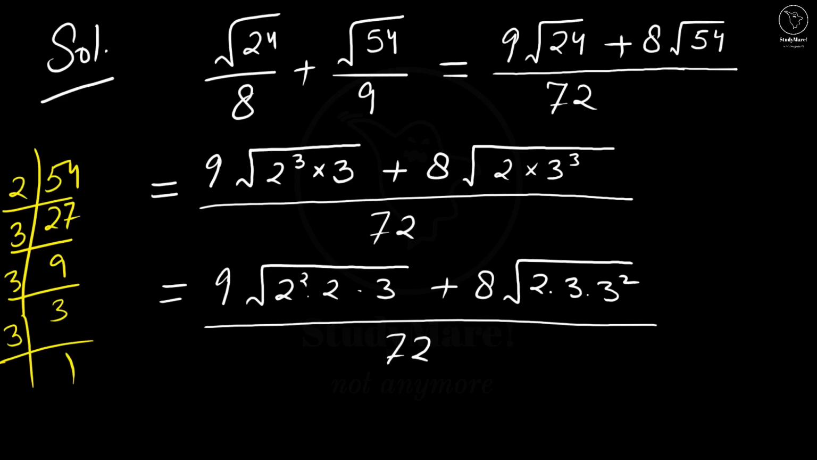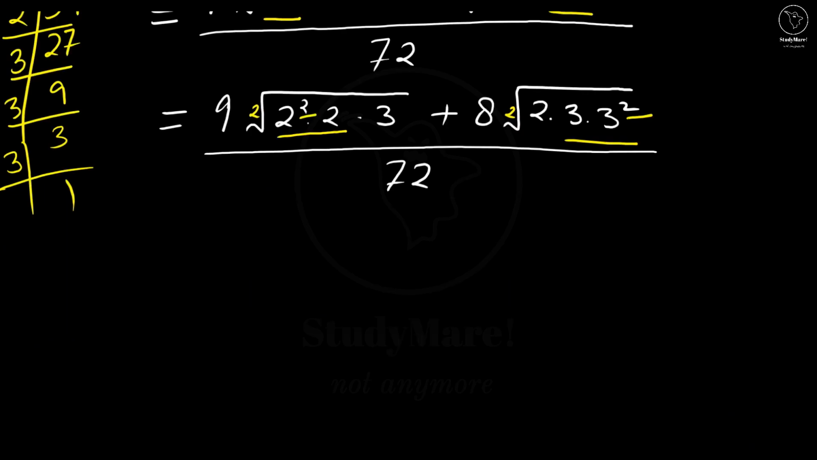Now why have we distributed this 2 cube as 2 square into 2 and 3 cube as 3 into 3 square? Just so that here is the square root and here we have the square, so that will give us a single number. Removing the radical, this is equal to